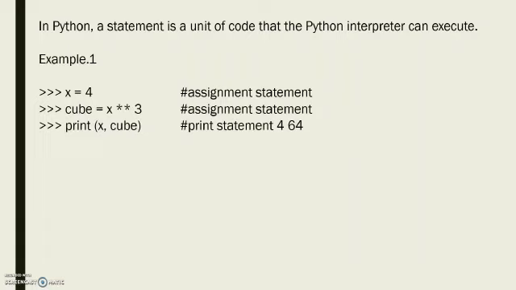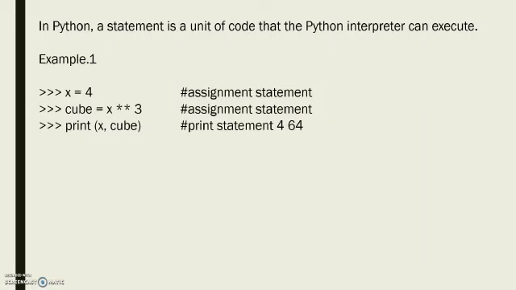Now what is a Python interpreter? As we have seen earlier, every programming language has to be converted first before the computer can understand, because the computer understands only machine language, which is in binary form of zeros and ones. So for Python code, it uses a Python interpreter to first convert the given code, which is the source code, and then it is executed. So basically in Python, a statement is a unit of code. It is the value given to an expression or to a variable that a Python interpreter will execute.